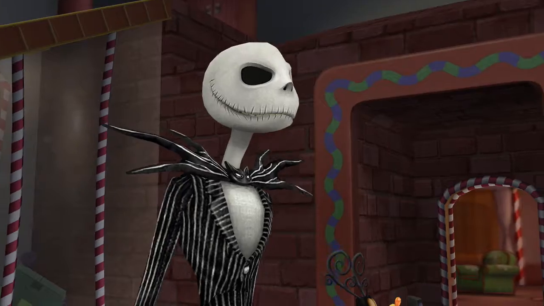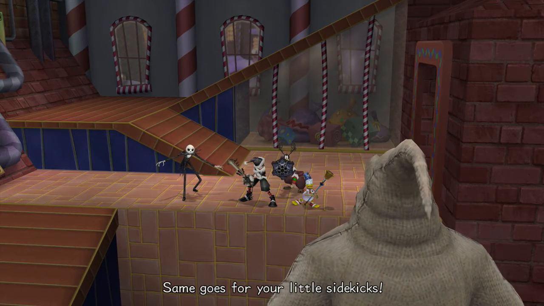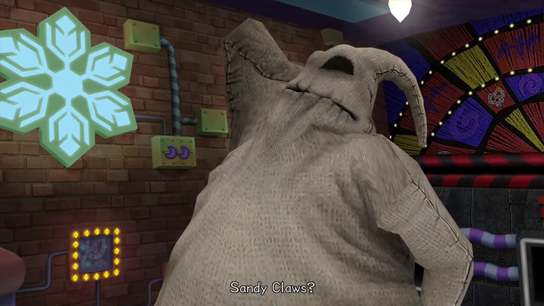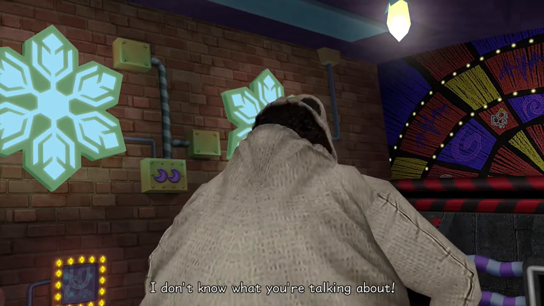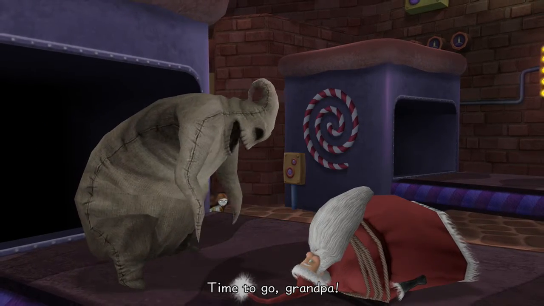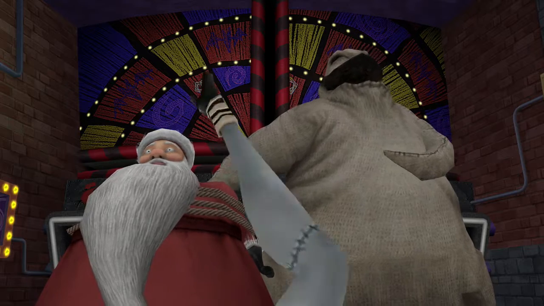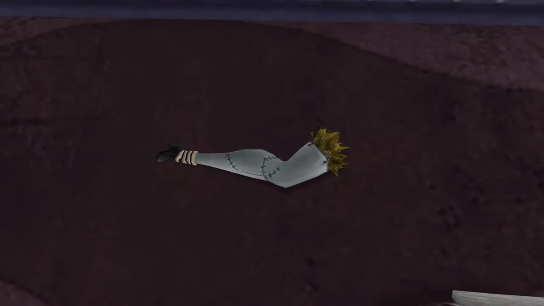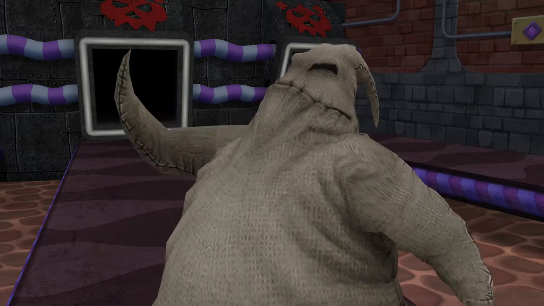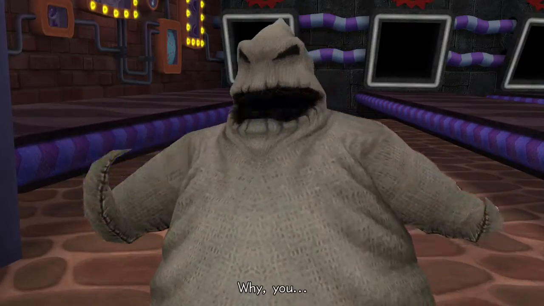Jack Skellington! Oogie! You and I have a score to settle, Jack. Same goes for your little sidekicks. What are you planning to do with Sandy Claus? Who? Sandy Claus? I don't know what you're talking about. And why is this roly-poly red guy here? Time to go, Grandpa! Mr. Santa Claus! Why, you...